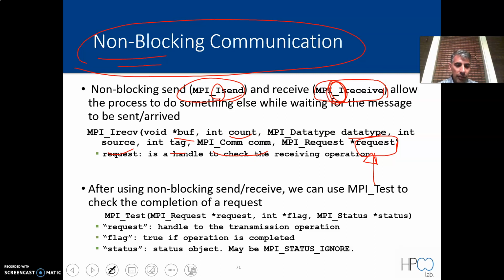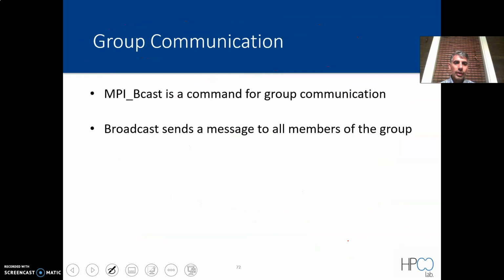For example, we have a command called MPI_Test that later on in your code you can use. It receives the request as an input, and there's a flag that is the output of it, and it will be true if the operation is complete. All right. As for the status, it doesn't do much here. You can ignore it. The status is not used in many of the MPI commands. All right. So there are some other commands like MPI broadcast,